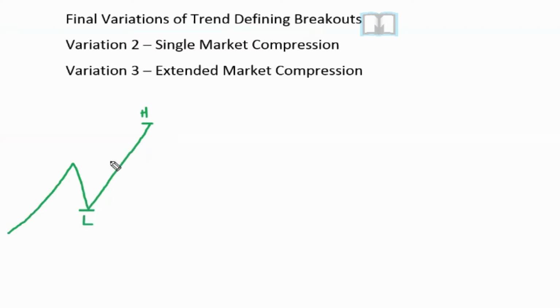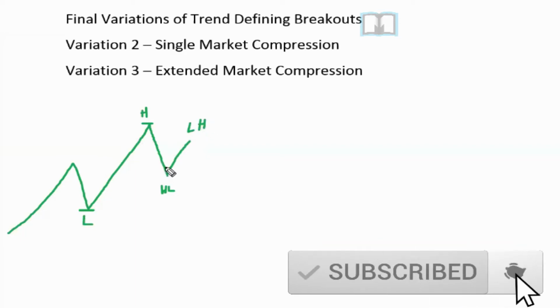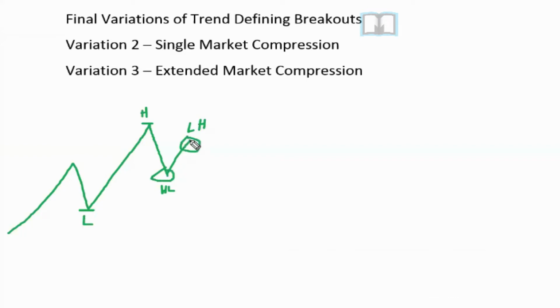So again, we have a low, we have a high, and then now we have a higher low, and then we have a lower high. And what is the market doing? The market is compressing. And at this point, after this lower high, the market would move and break out to the downside,